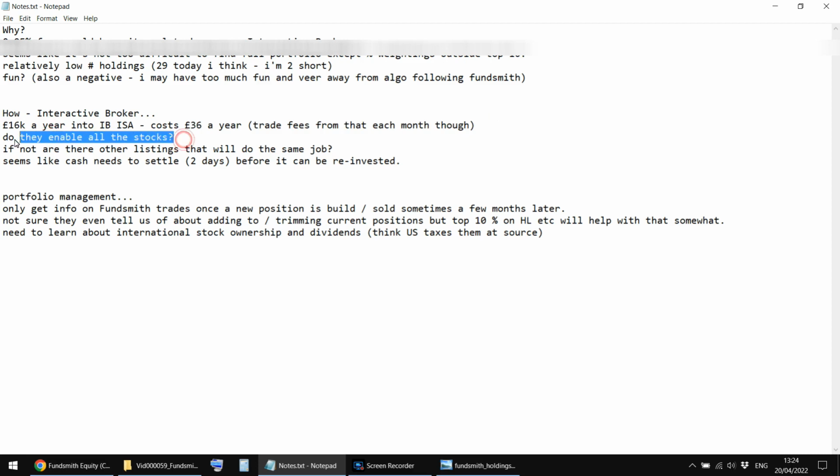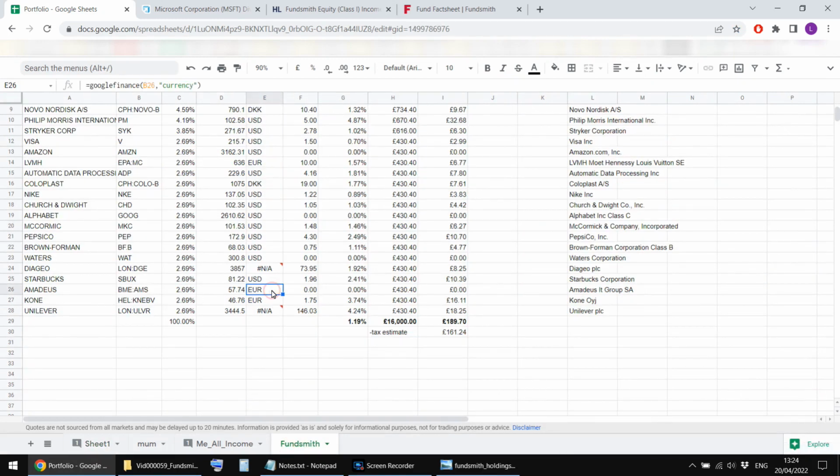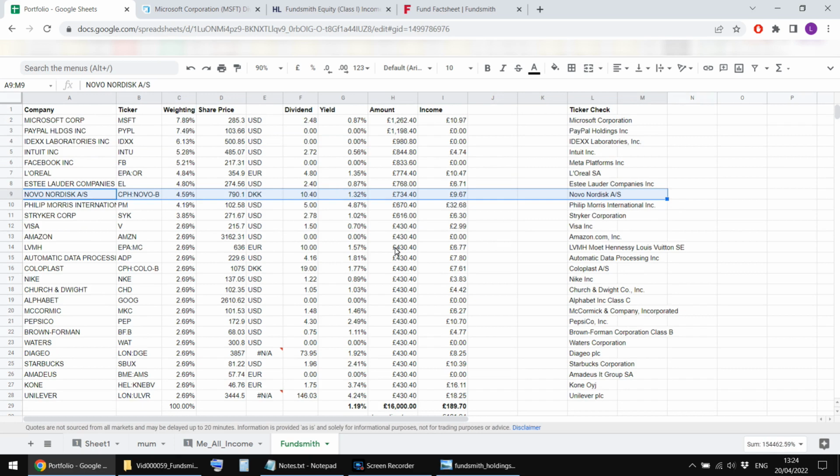I'm still not sure whether they would enable me to buy all of these stocks, or future ones that Fundsmith might buy. I'm pretty confident that most of them can be bought. Obviously the London ones and the US ones are definitely available. But I did not find Denmark listed, and that's the one I'm highlighting here. There's two: Novo Nordisk and Coloplast. I'm not convinced I can buy these on Interactive Brokers, because Denmark was not in the list of countries when I found that bit of their website. I did, however, find that Novo Nordisk...